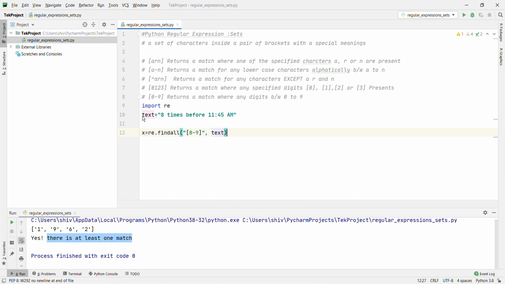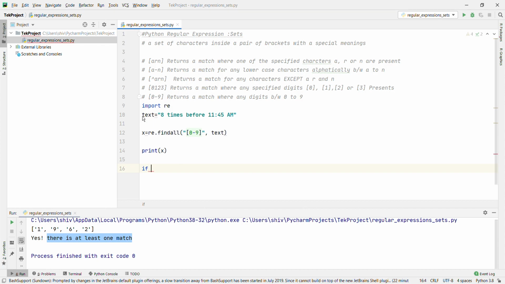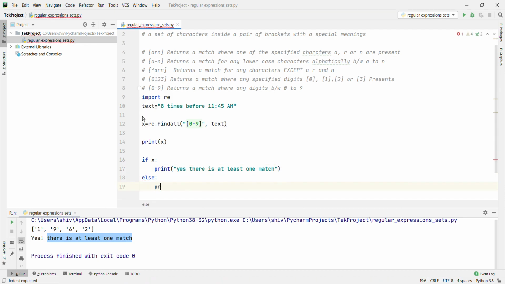And the text, print x. If x, print yes, there is at least one match, else print no match. Okay, what will happen here?